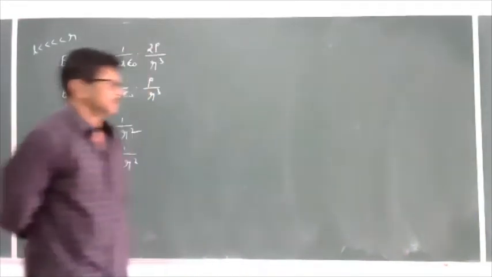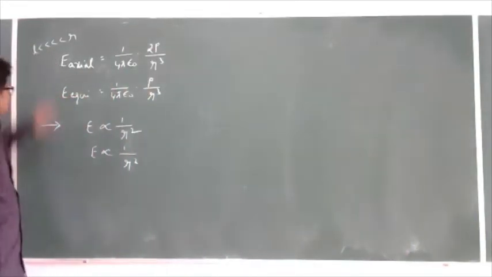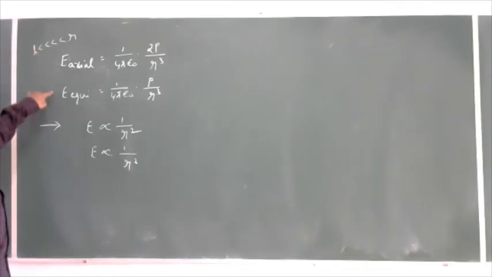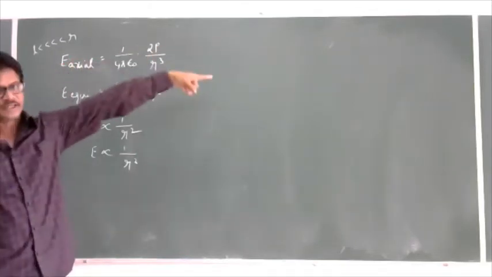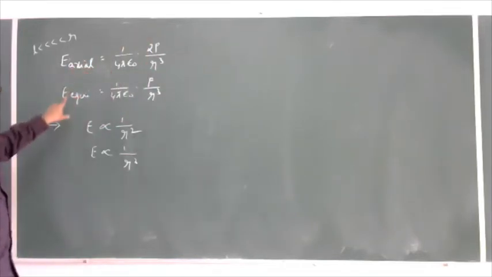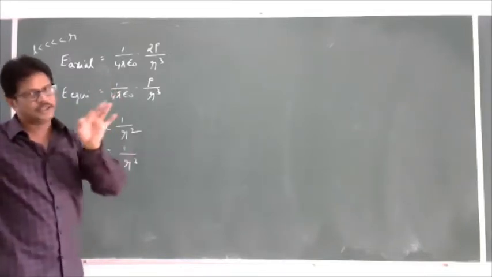Here, we derived these two derivations, which are very, very important for 5 marks as far as PUC is concerned. This is the formula to find the electric intensity at any point on the axial line. This is the formula to find the electric intensity at any point on the equatorial line.